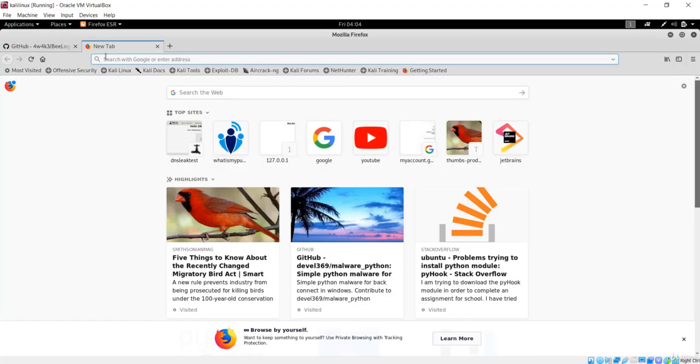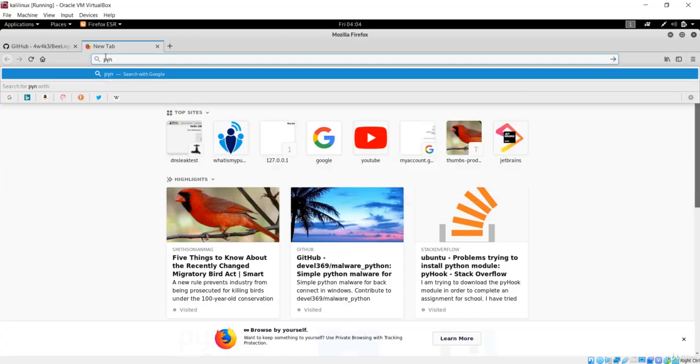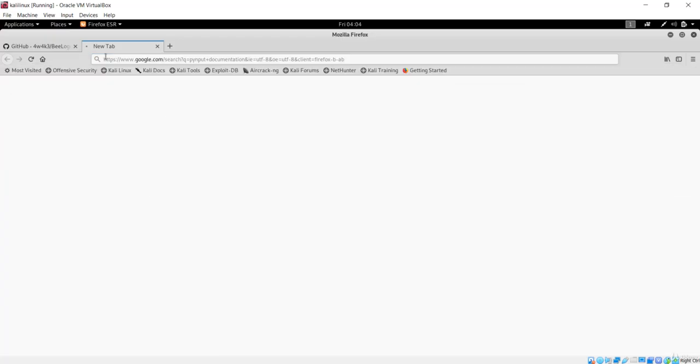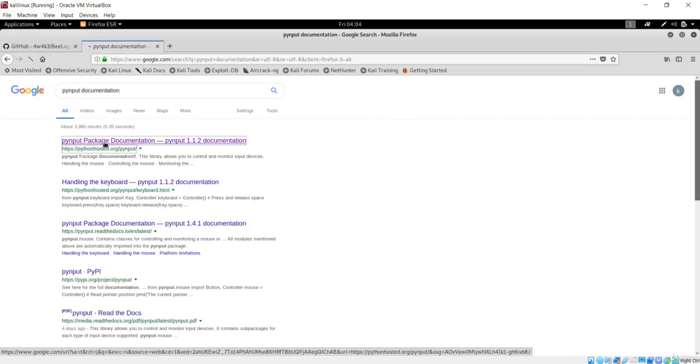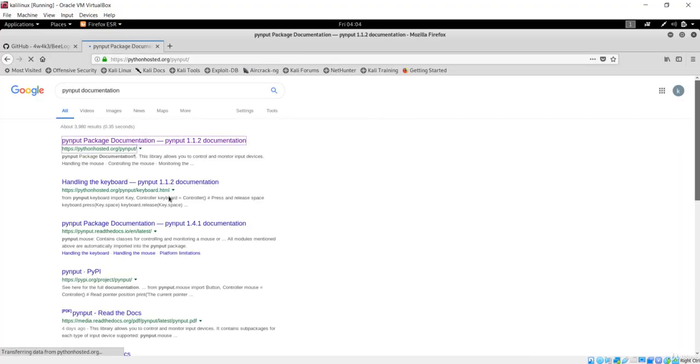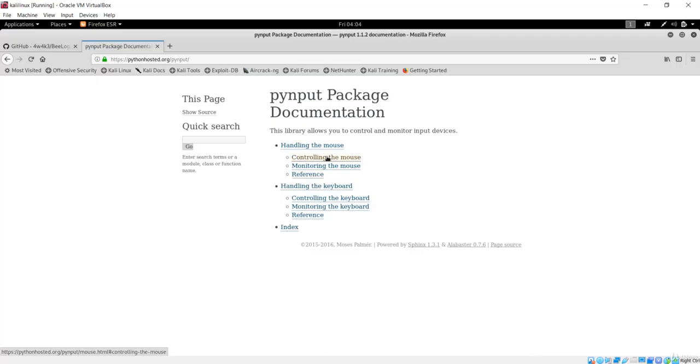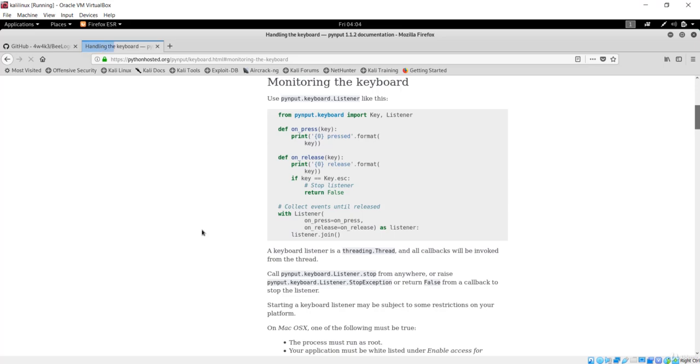So let's go over here and see the pynput documentation. Here is this pynput, and let's open this, and I just want to handle the keyboard and monitor the keyboard. You can see it is the listener, and it has this on press.